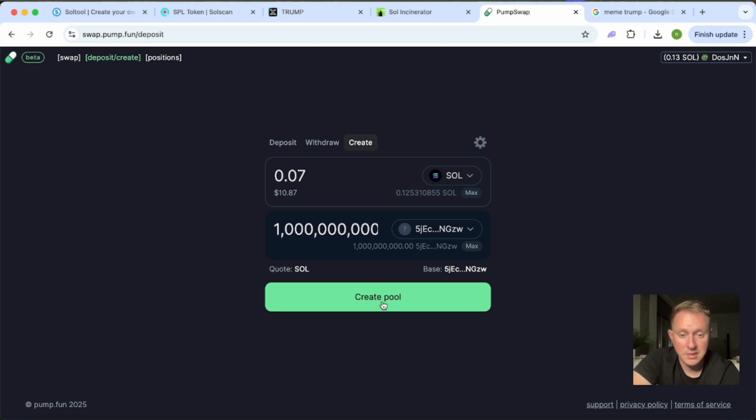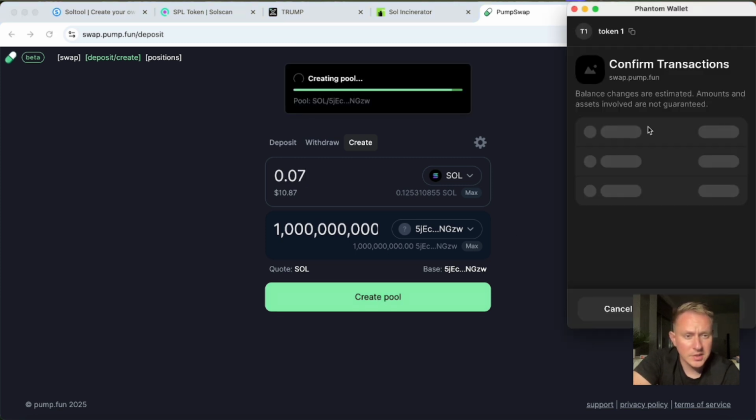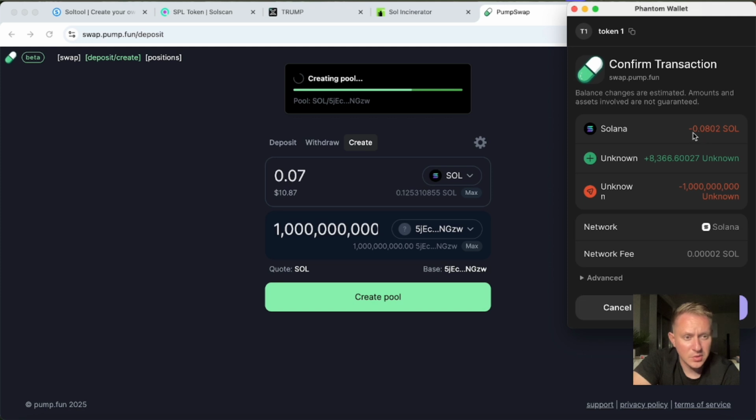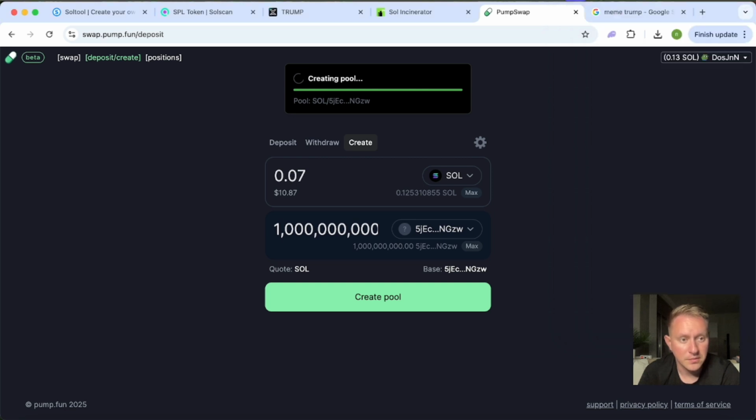I'm just showing an example of how to create everything. Then we click create, and it's gonna come up that it's gonna charge us 0.08 Sol, meaning whatever amount we're adding, plus on top of it 0.01 for pool creation. So we're gonna confirm,